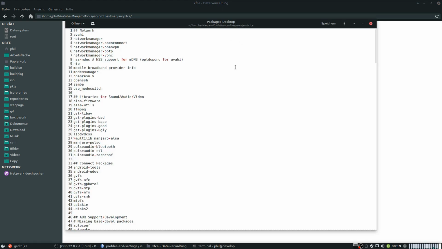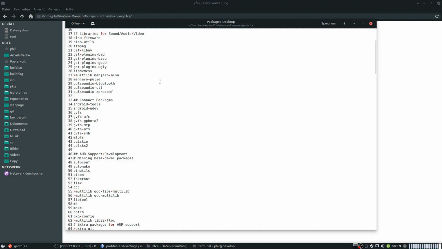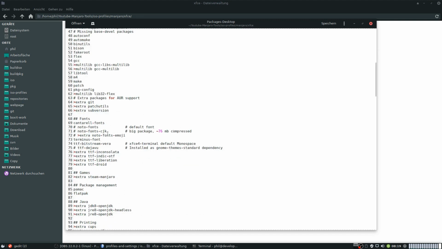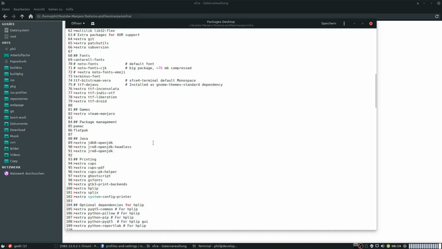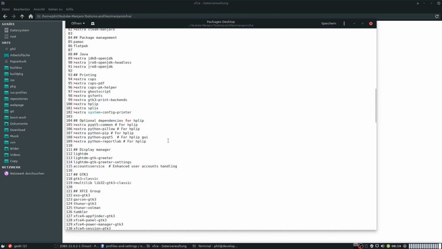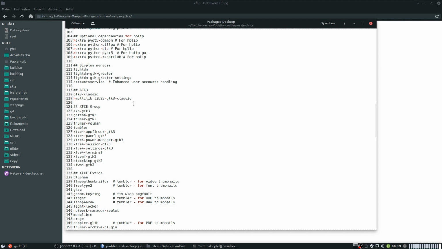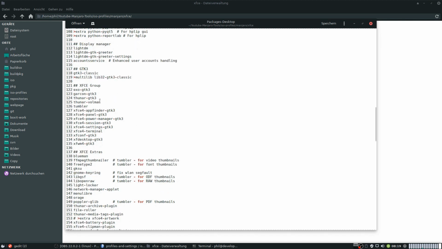So if you look here, we have available all the network packages. We have some sound, audio, video packages for you. We have enabled the R support. We have added some fonts, some games, Java, printing, some display manager settings. We have GTK3 enabled, in this case the classic edition, which doesn't have this fancy overlay as you can see here,